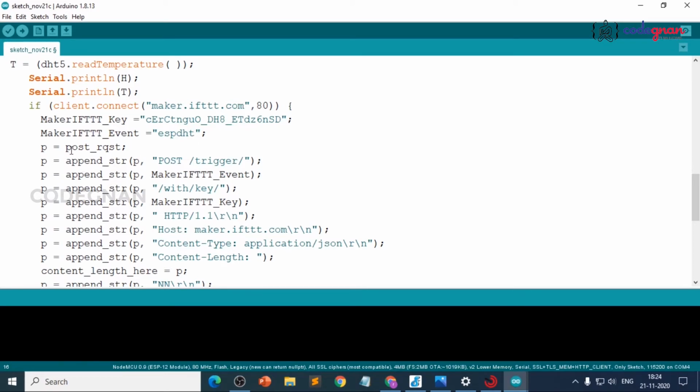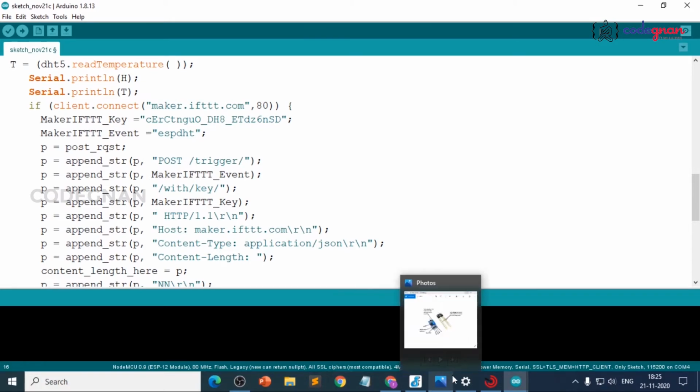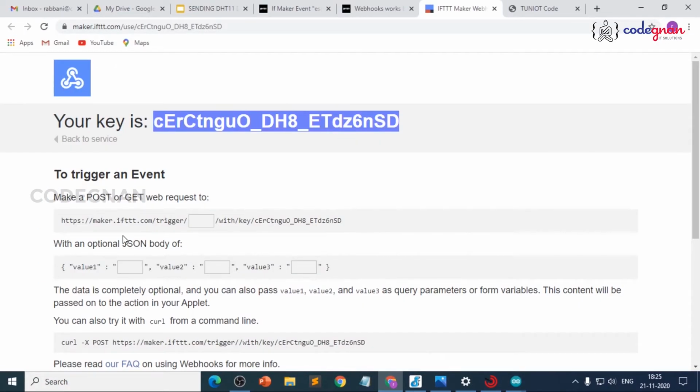And p equals the post request here, p equals append string of p, we need to append everything to this one. So p, comma, post slash trigger, with key. See, whatever we have written here, when you open our web page, we should follow this URL type.